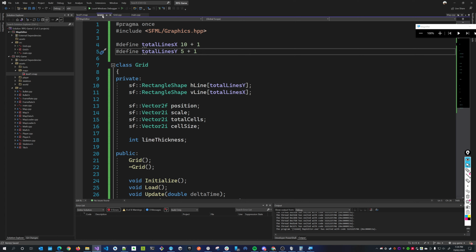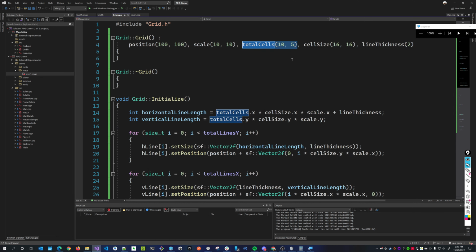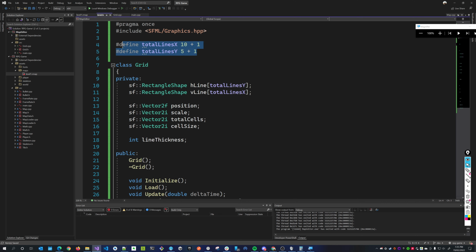How are we gonna make this nicer? So, total cells. What I have in my head is I just want to define the amount of cells I want. So I want 10 cells and 5 cells. And according to the amount of cells I have, it should figure out how many lines we need. And so